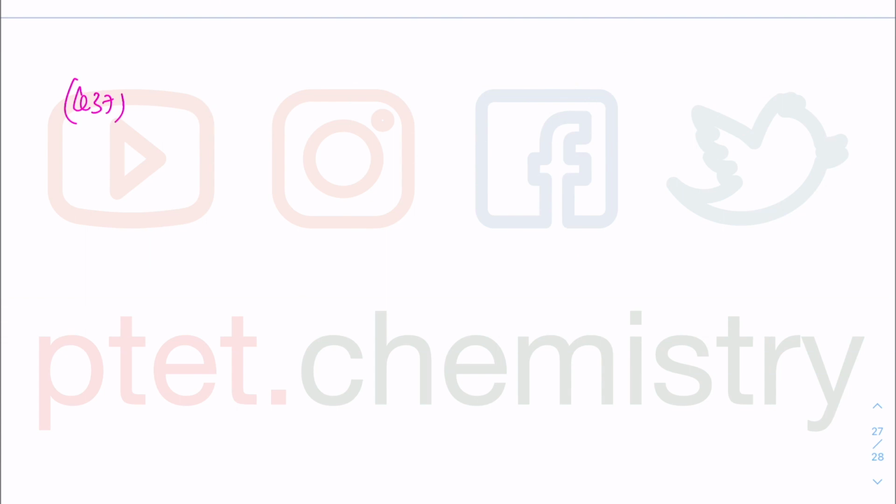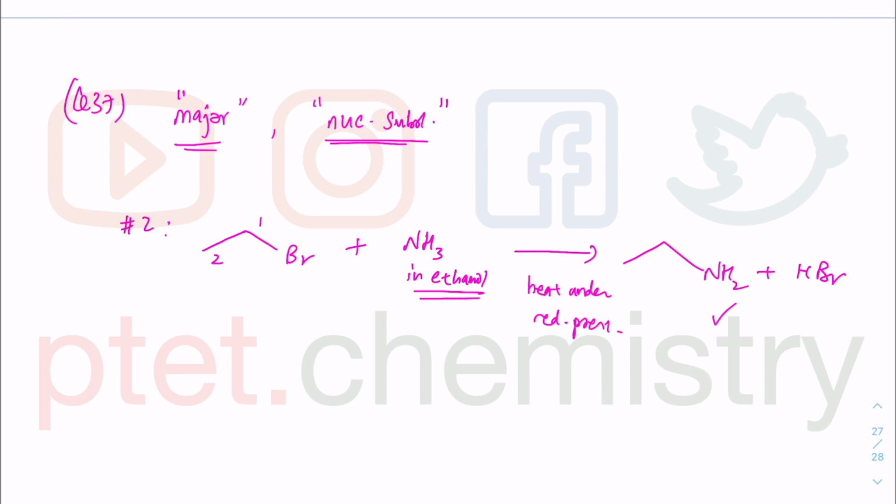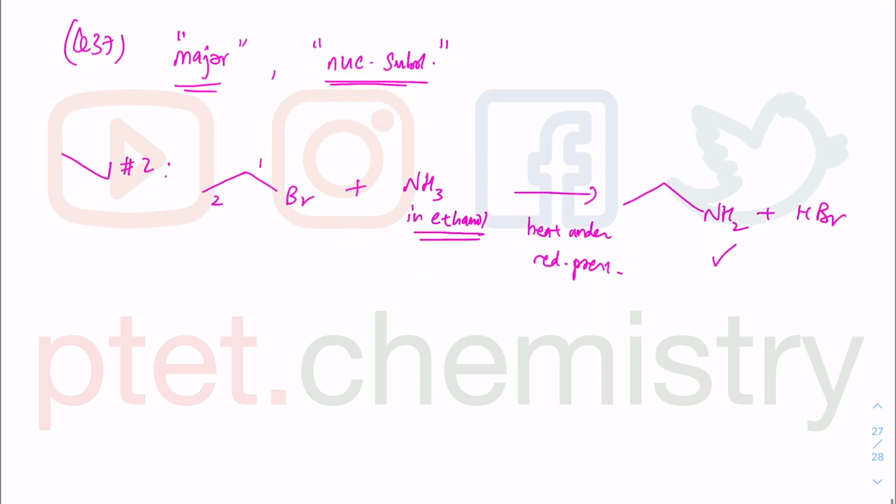Question 37, you want a major product. So the key thing is major, and the other key aspect is going to be nucleophilic substitution. When you read the question, you should really underline that kind of thing. And if I look at option 2, option 2 says bromoethane, so 1 and 2, plus ammonia in ethanol. And you do it under reduced pressure in order to force through a single substitution. So this is going to be the major product because of this, as well as heat under pressure. So option 2 is definitely going to give you that